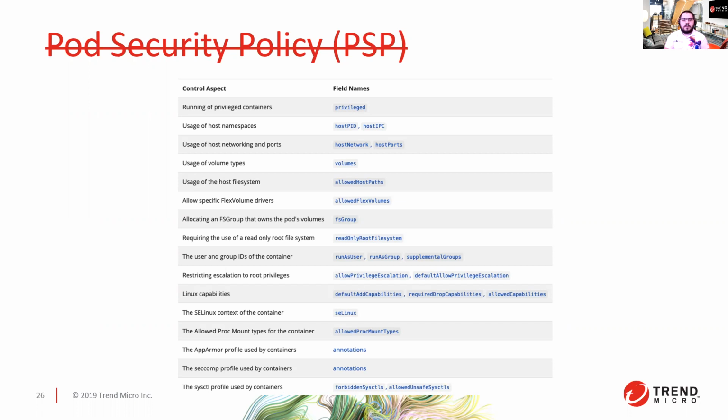There is something called an admission controller, which is a piece of code that intercepts requests to the Kubernetes API server prior to the persistence of the object on etcd, but after the request is authenticated and authorized. One of these admission controllers is called the Pod Security Policy, or PSP for short. It can control most of the security settings mentioned before on the security context, but now on a cluster level. Unfortunately, this PSP will be deprecated in the next version of Kubernetes, 1.21,